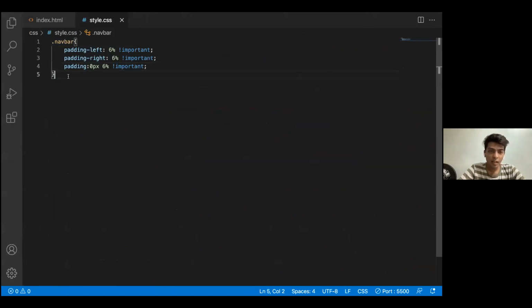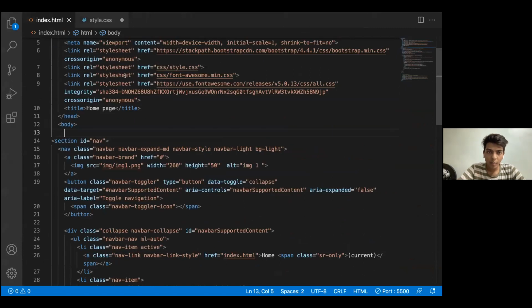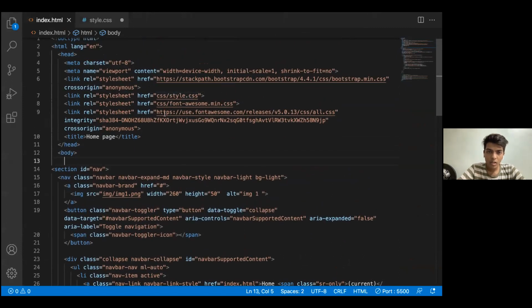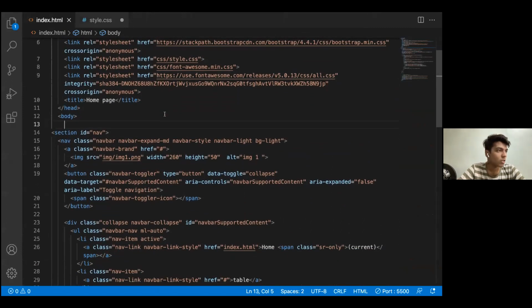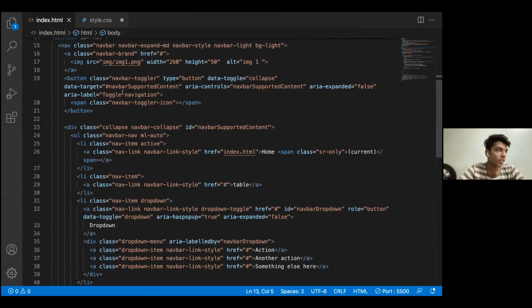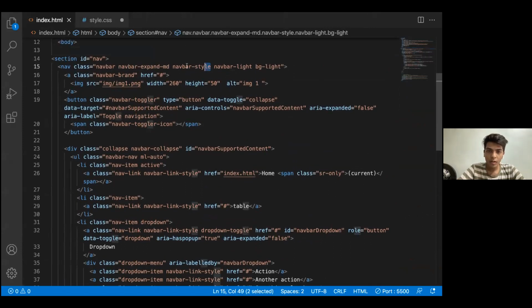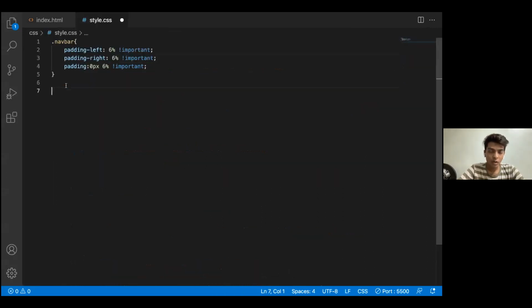Okay, we just style the whole navbar first, and then we'll see what happens. Okay, yeah. So the second part that I want to style is my navbar style that I have given here. I want to give a box shadow to the bottom.